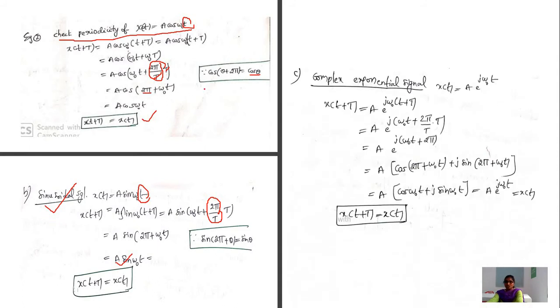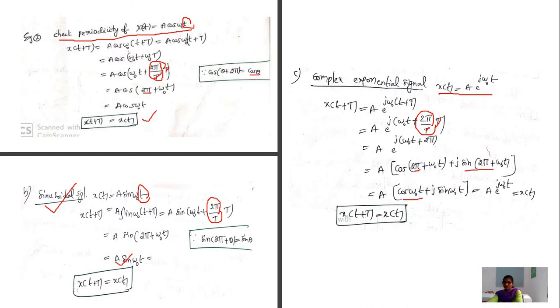Let us check another signal, which is the complex exponential signal. That is, x(t) = A e^(jω0 t), a complex signal. Already you know, in the previous videos on types of signals, I told you about the complex exponential signal. x(t + T) = A e^(jω0(t + T)). At the place of t, substitute t + T, and again at the place of ω0, substitute 2π/T. And T gets cancelled. Again, e to the power jθ means cos θ + j sin θ. Cos of 2π + θ means cos θ only.